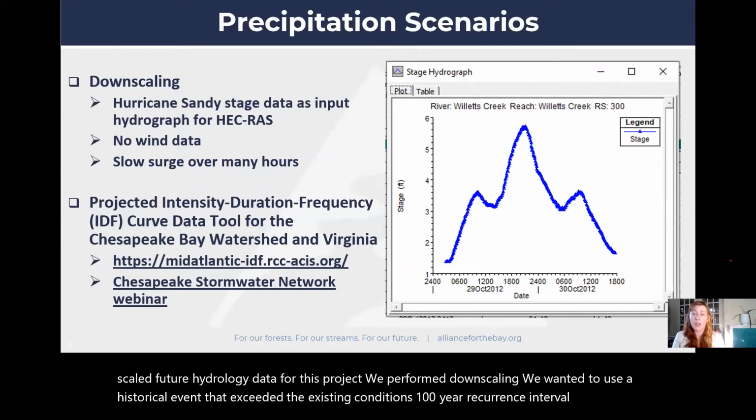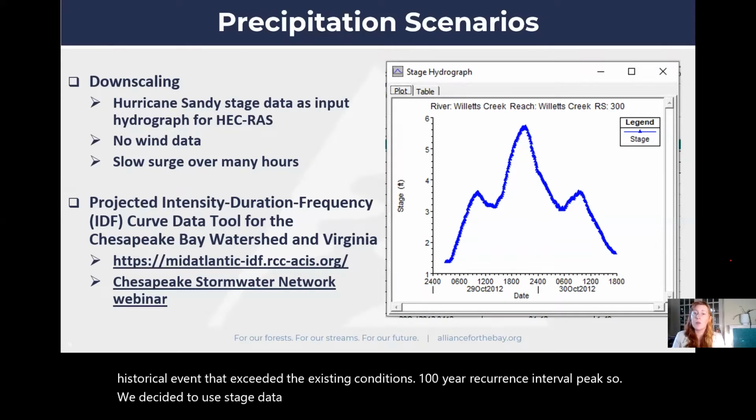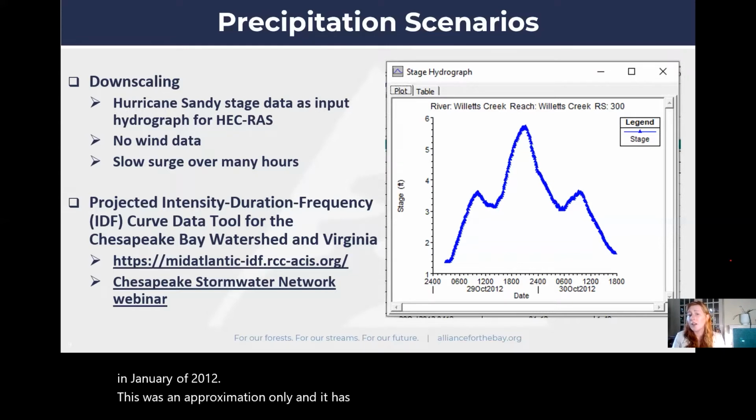So we decided to use stage data from the largest recent storm event, which was Hurricane Sandy in January of 2012. This was an approximation only, and it has several unknowns, including wind data. Since we performed the downscaling,